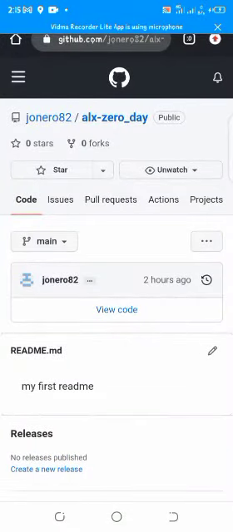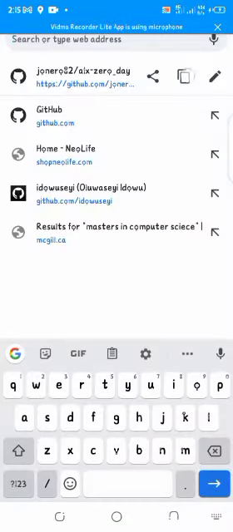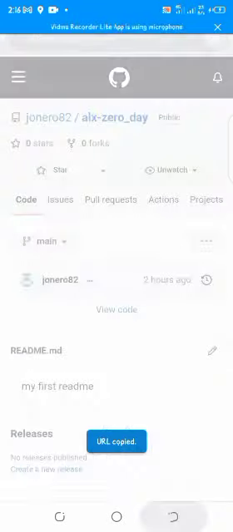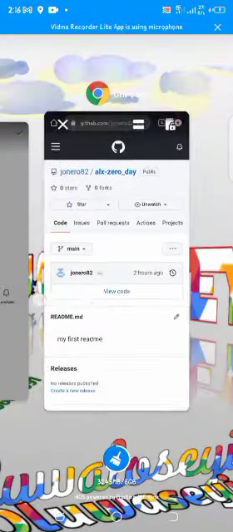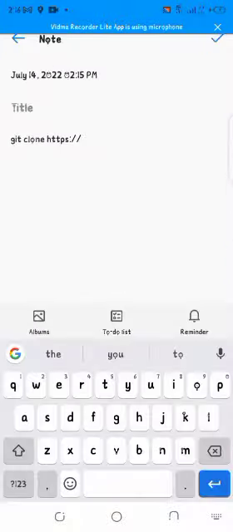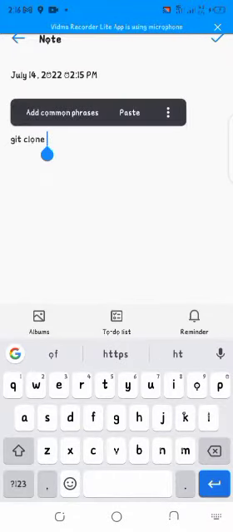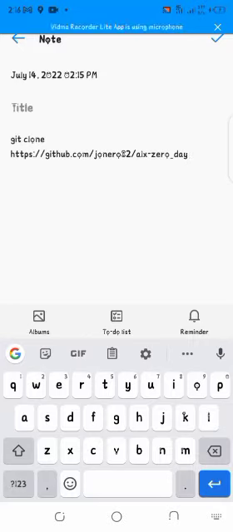You grab it directly from here and copy it. That is the best way in order for you not to make a mistake. Then you come here and paste it. After you paste the link of the repository that you are trying to clone,